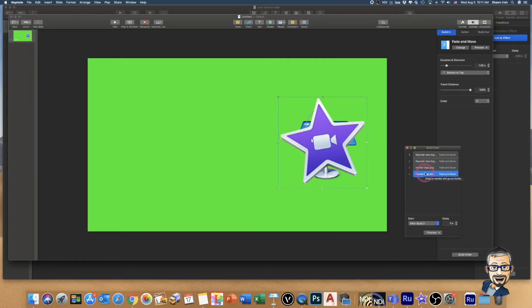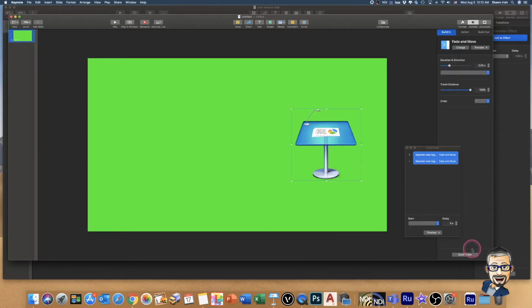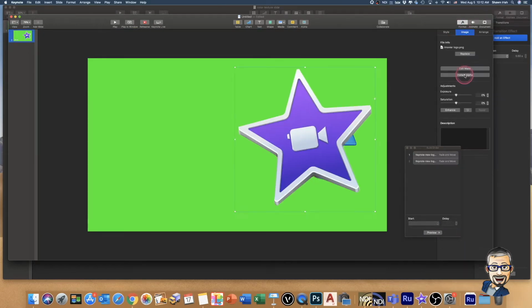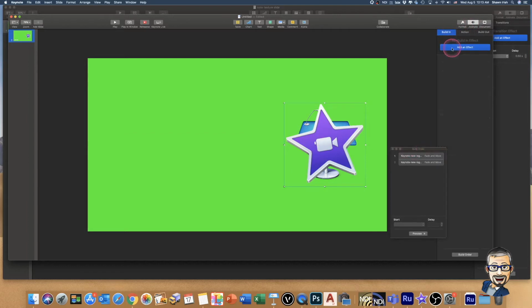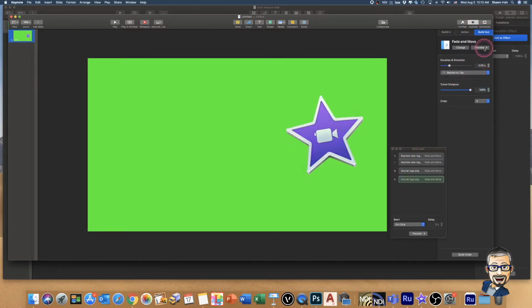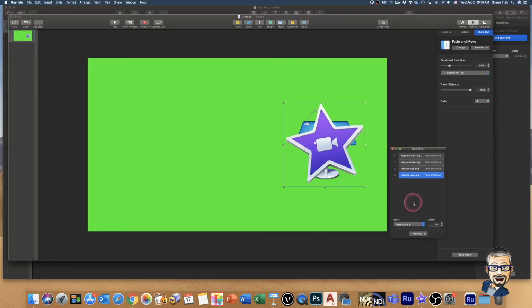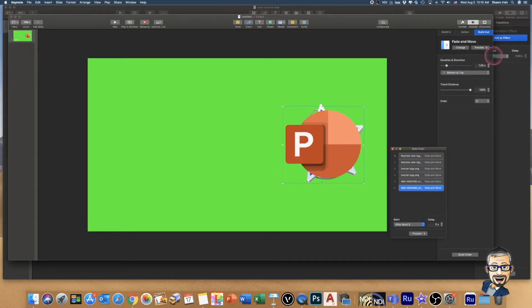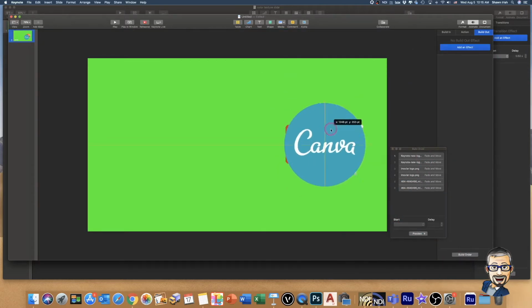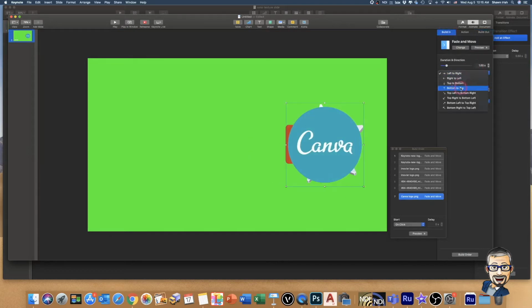builds, and now I'm making sure that in my build order all of the layers or all of the graphics files that I'm importing are set to execute automatically in the build order, one after another, because we're going to export this as a movie, and so we want it to be a self-playing file. We don't want to have to hit the spacebar or the arrows in order to be able to